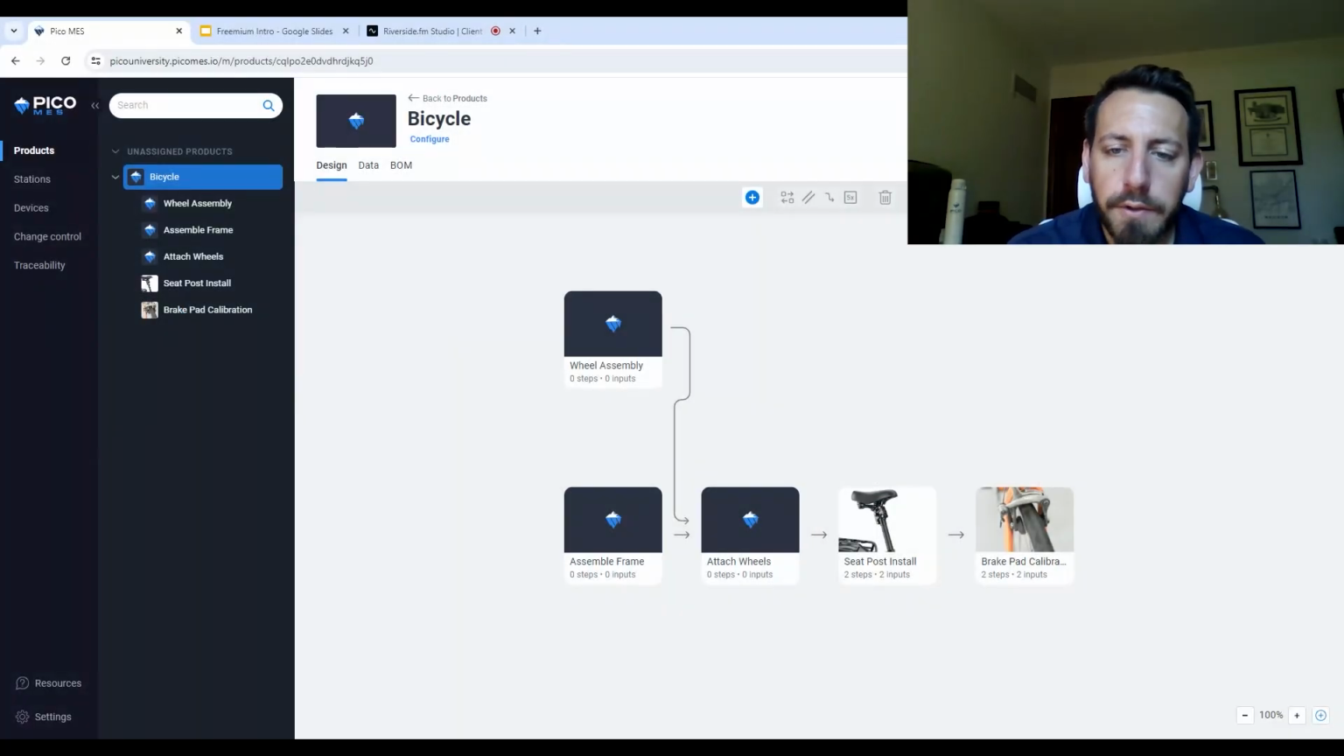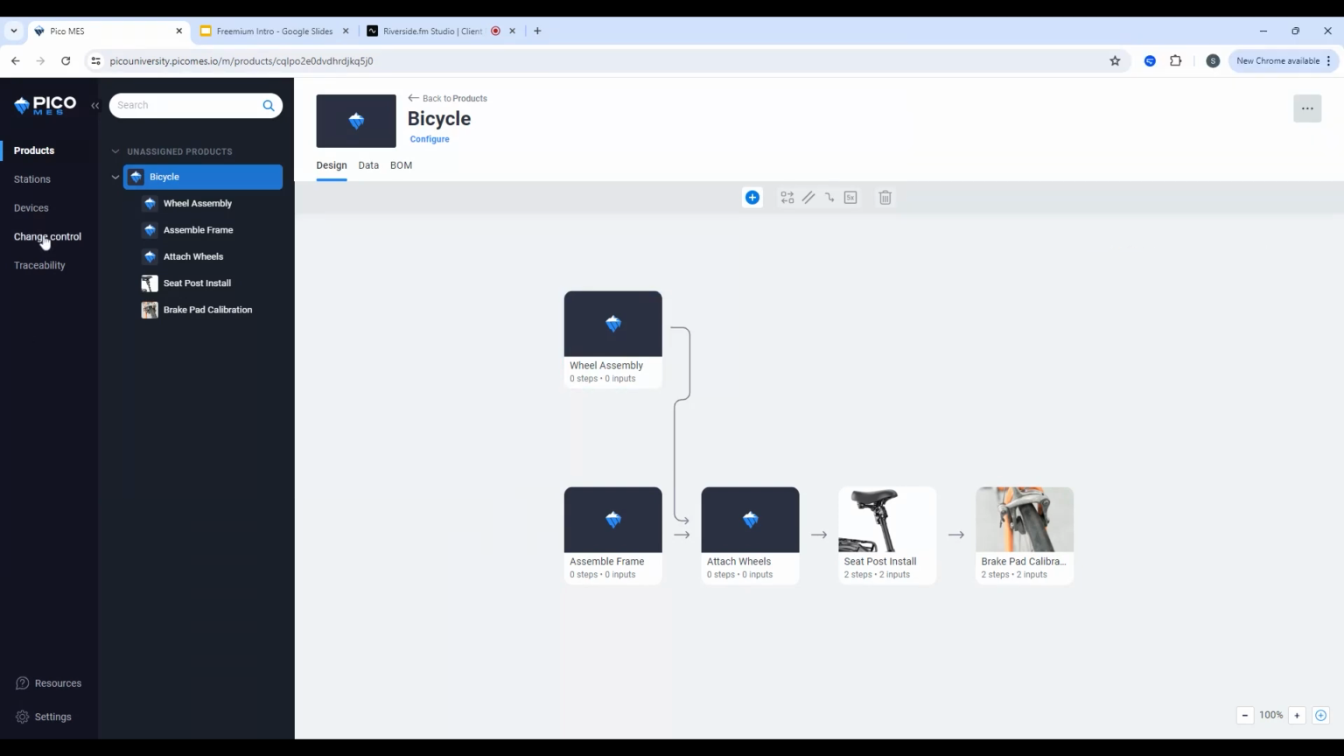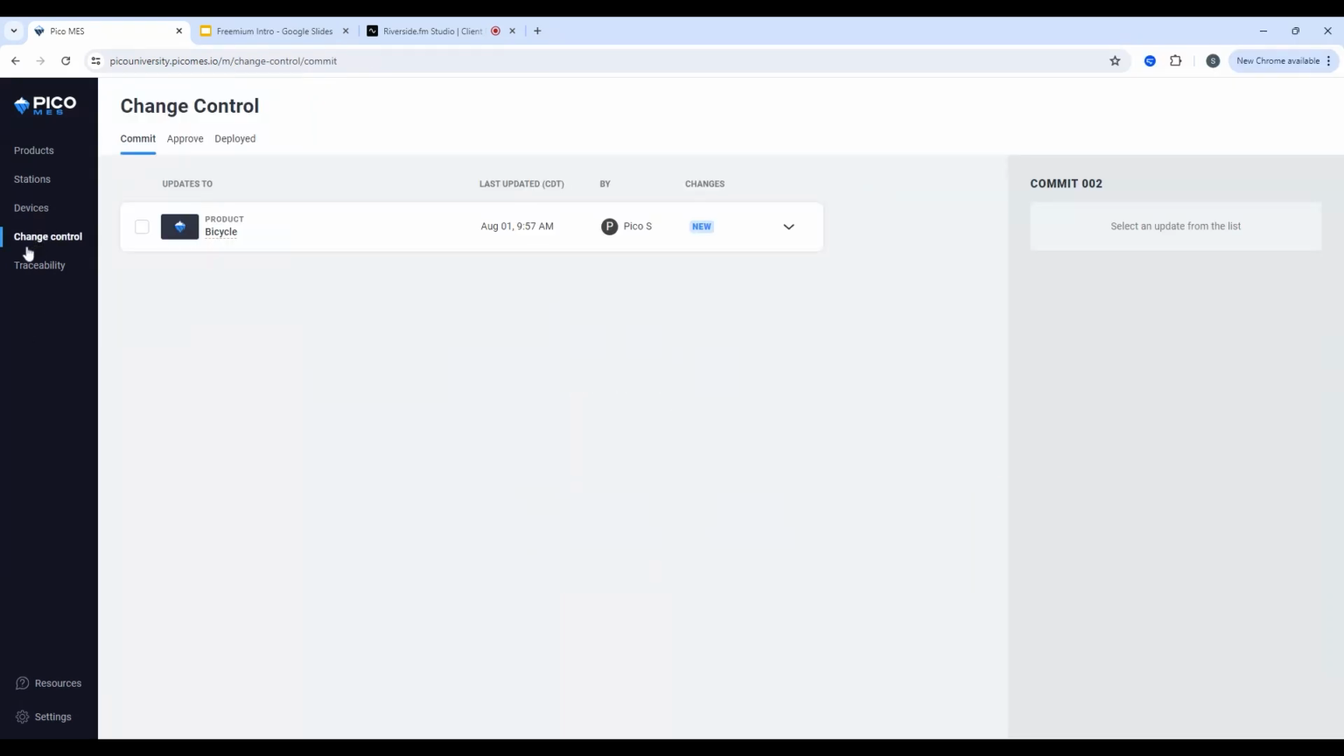Now that we've created a new product with a series of processes to do our build, this needs to be deployed through change control to enable the correct processes being available on the production flow. I'm going to navigate to my change control tab here,